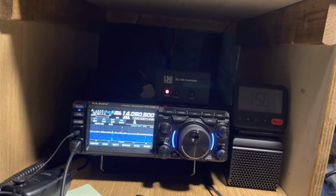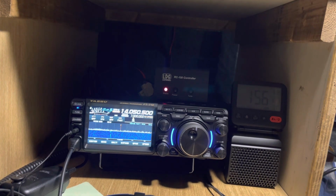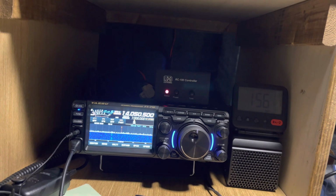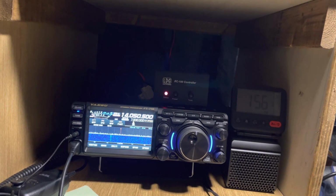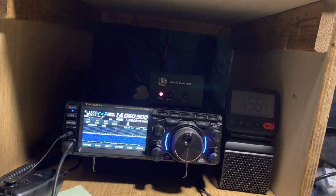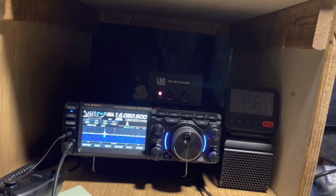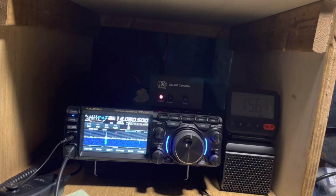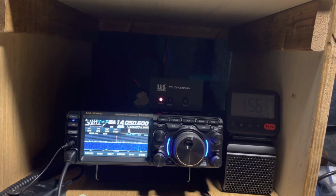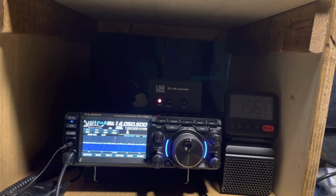But tonight, a couple reasons. One, like I said, is I'm kind of taking a more relaxed approach to it this weekend, but also it gave me an opportunity by hunting to chase down these weak signals and try to work them. Now you can get some weak signals on as an activator. However, most of the people you're contacting are running 100 watts to 1500 watts, and they're running either full-size dipole